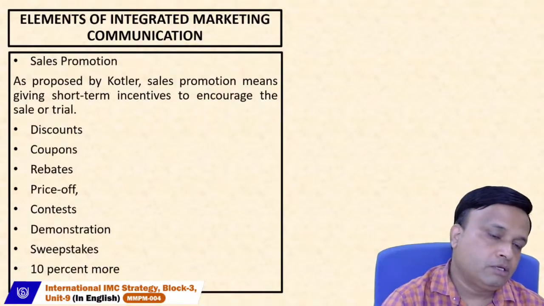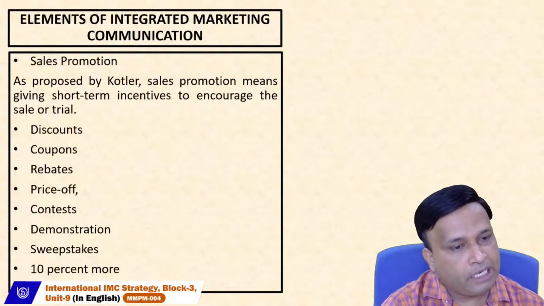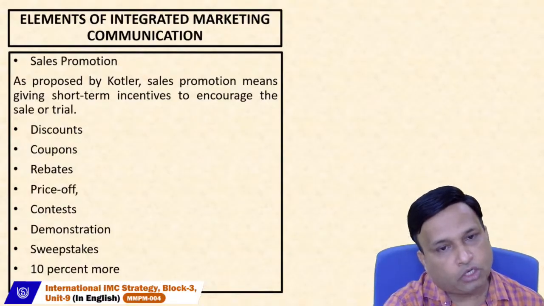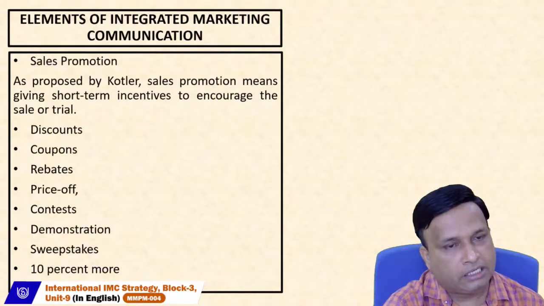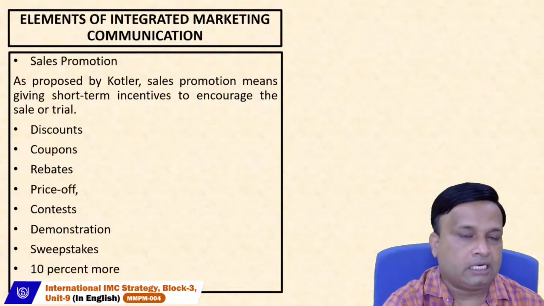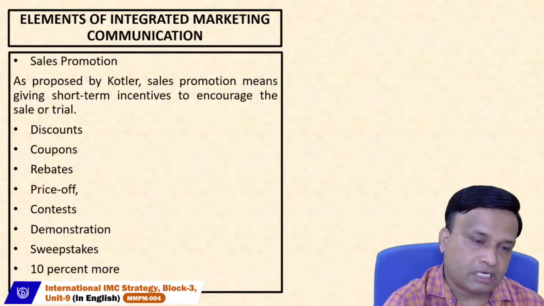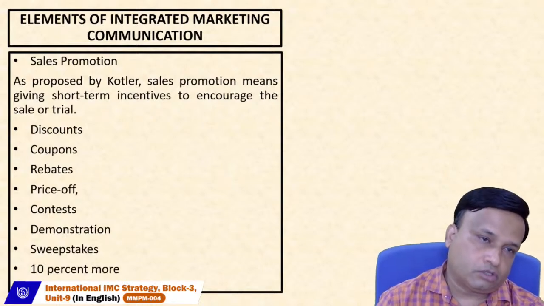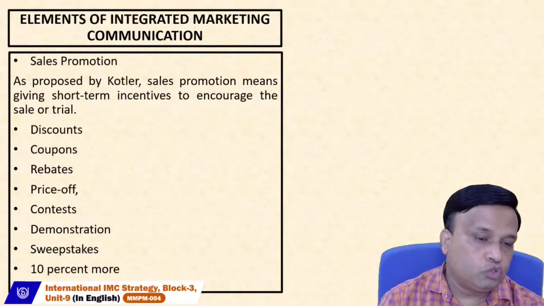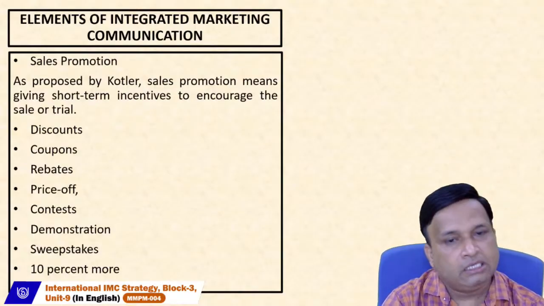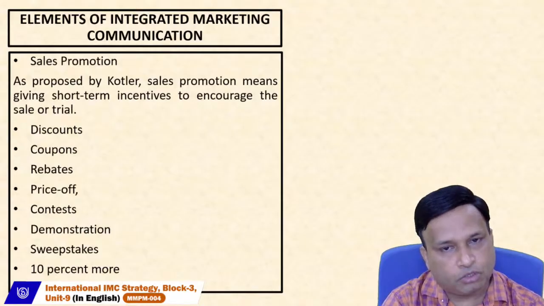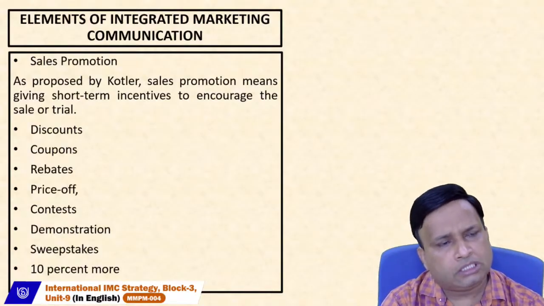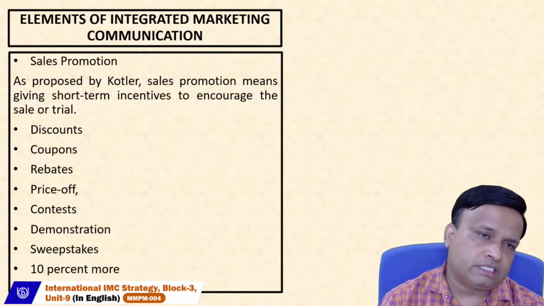With a sales promotion discount, you can give a discount of 10, 20% or 30% to encourage customers to purchase your product. You can give coupons, rebates and prizes. With contests, you can go for a lucky draw, where you encourage customers to be a part of the contest, and once they participate in the event, finally there is a prize for the customers. In demonstrations and sweepstakes, if you purchase some product, you get another product along with it, that is 10% more. These are the different tools companies adopt for sales promotional activities.